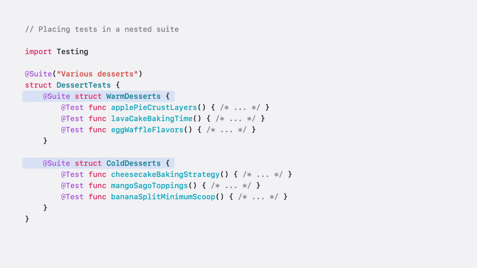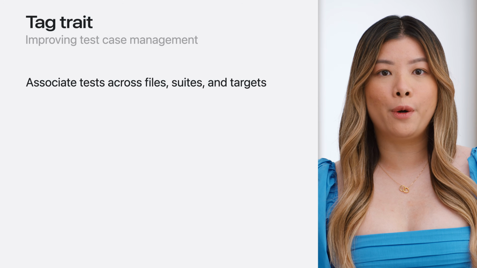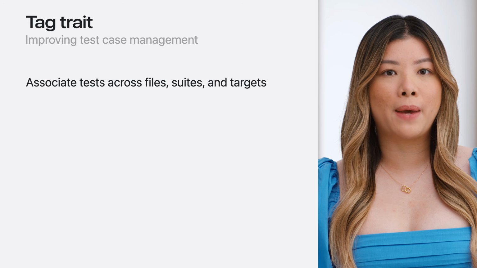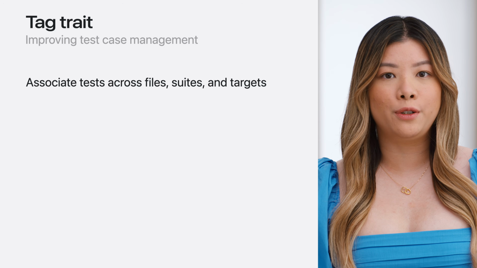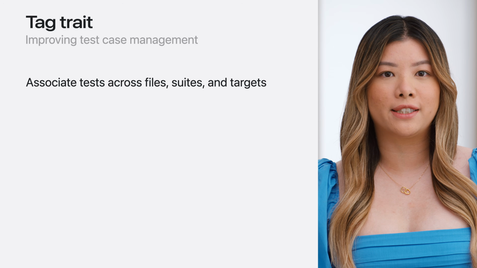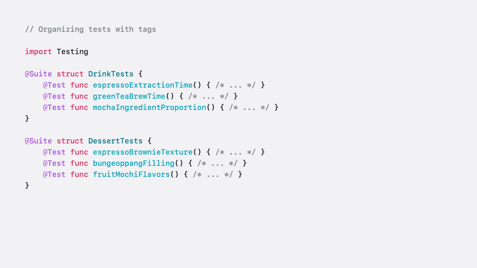Tags are another trait that help you organize your tests. A complex package or project may contain hundreds or thousands of tests and suites. You probably have multiple test suites covering different parts of your code. Although they're not directly connected, some subset of your tests may share common characteristics. In this example, some tests involve foods that are caffeinated, and some involve foods that are chocolatey.